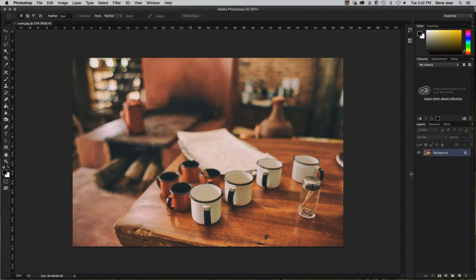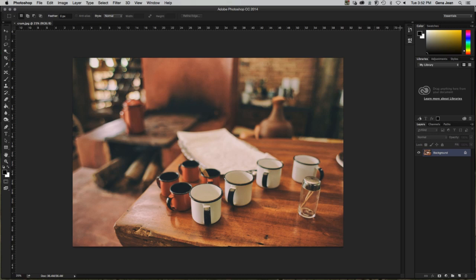All right, so within Photoshop there are basically two different types of editing. There's destructive editing and non-destructive editing. Destructive editing is any type of edit that can't be undone. Non-destructive editing means that you can always go back and undo what you did. So it is considered best practices to do non-destructive editing,